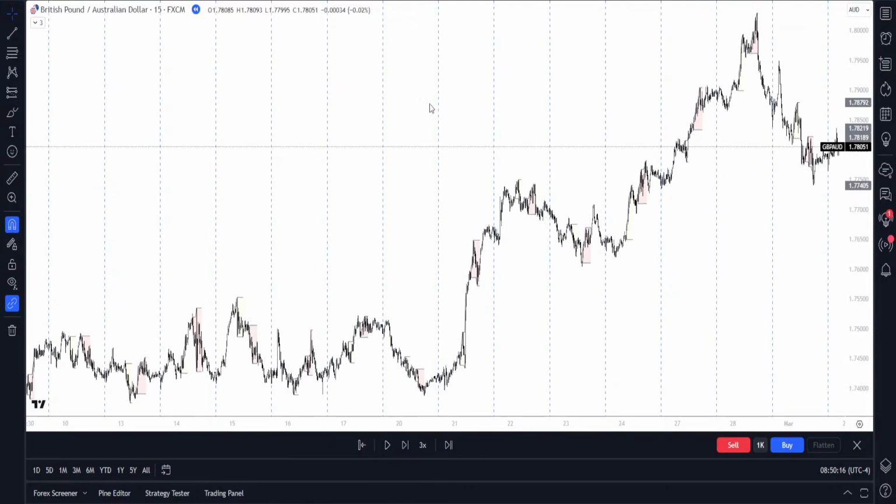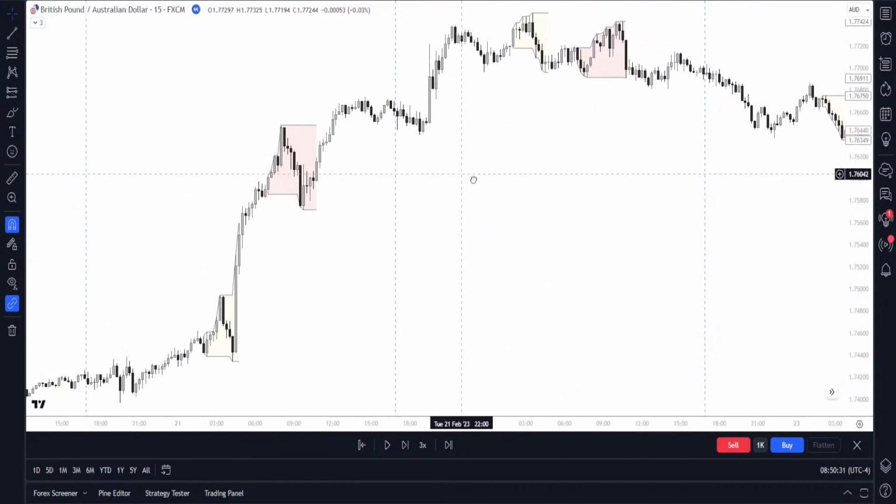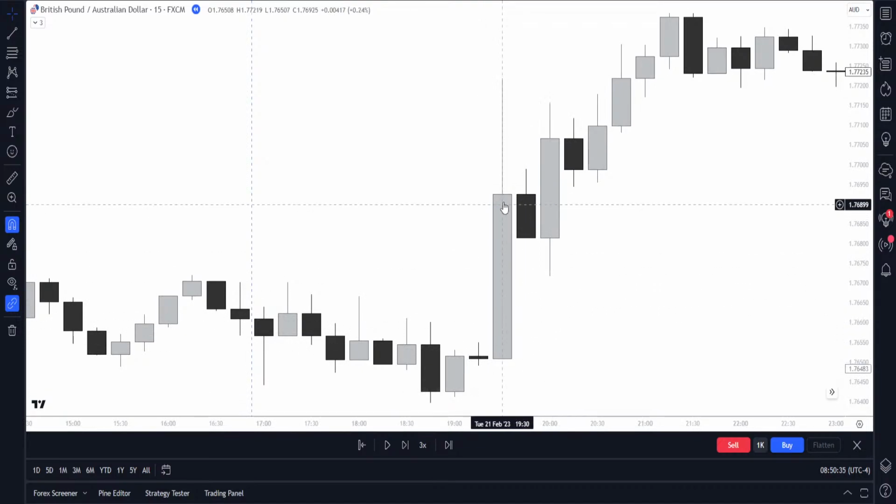And it was at February 21st, 7:30 p.m. 7:30 would be, is this it right here? Yeah. Okay, so it also lost again on GBP AUD, but that's okay because we're taking it on